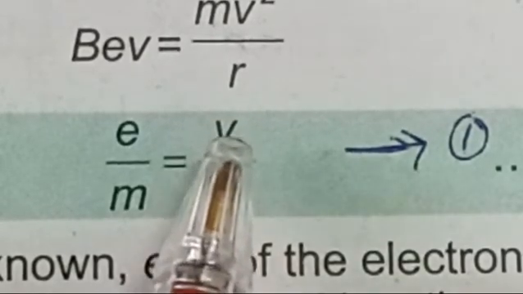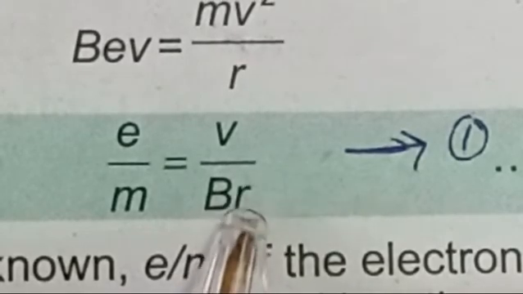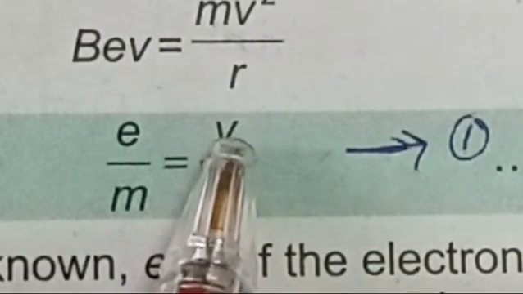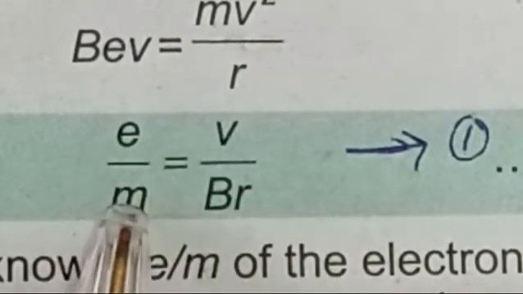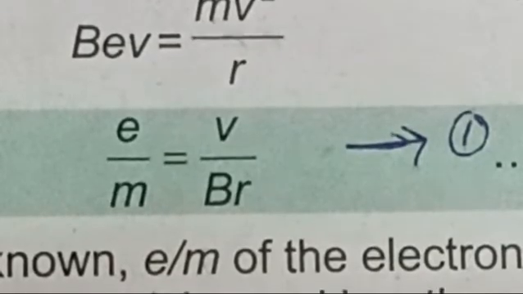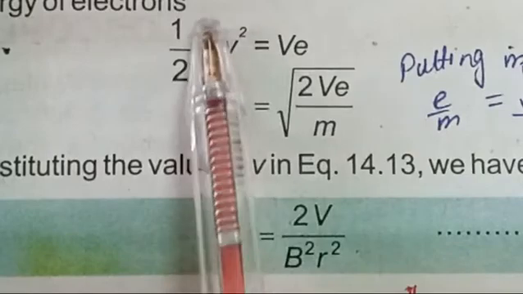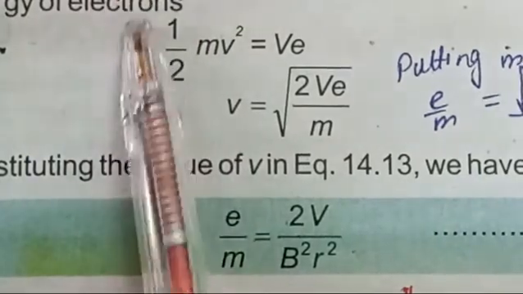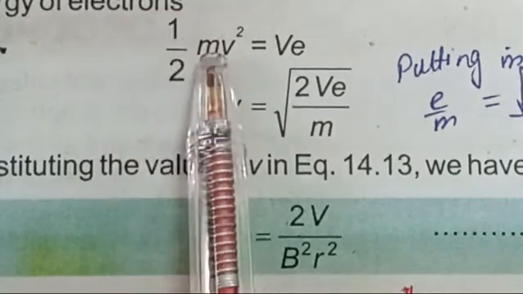So now we have discussed in detail how we calculate the value of R. Now the left behind term is only v. So now we are going to discuss how we can calculate the value of v. After that, we have three values, v, B, R. By putting these values, we can easily calculate e over m of an electron. In order to measure the velocity v of the electrons, we should know the potential difference through which the electrons are accelerated before entering into the magnetic field.